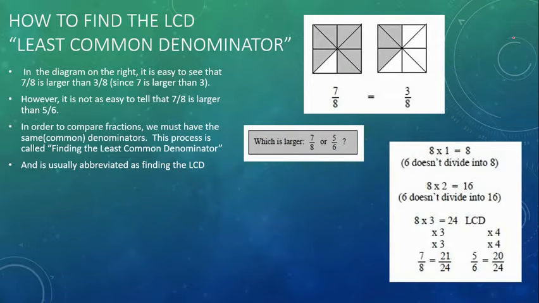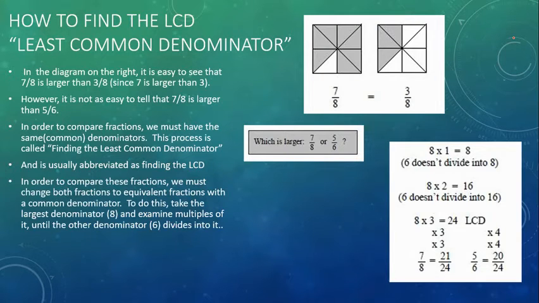So notice that our denominators are 8 and 6. 8 times 1 is equal to 8, so 6 doesn't divide into 8. 8 times 2 equals 16. 6 doesn't divide into 16 either, but 8 times 3 is 24, okay? And 6 divides into 24 4 times. So notice that in order to compare these fractions, we must change both of the fractions to equivalent fractions with